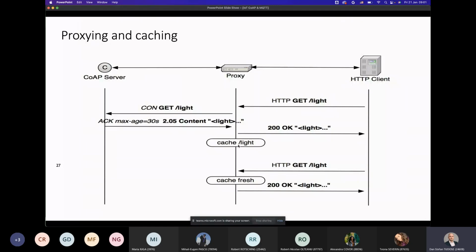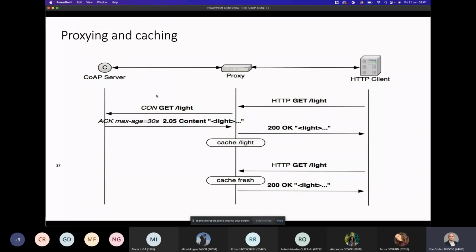It will send out the same message with the same value to whatever client it's got connected on the HTTP network. After the expiration period, the proxy will send again a query to the CoAP server in the network. So it's a scheme where you can actually cache some data here, and you can actually save some network traffic within the network for parameters that don't vary that much in time.